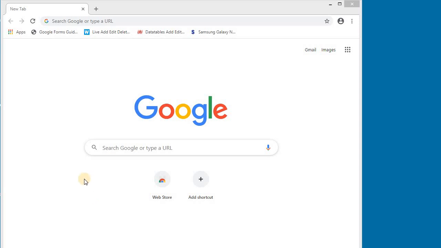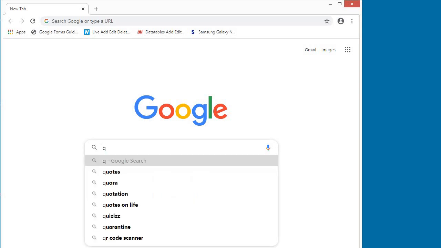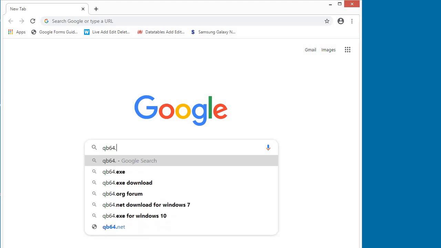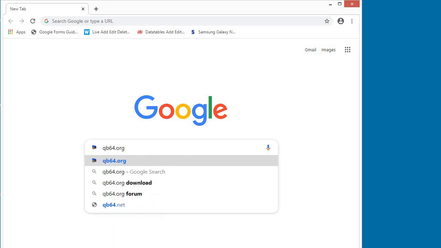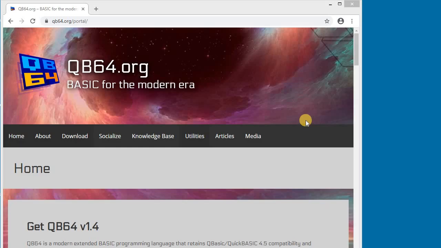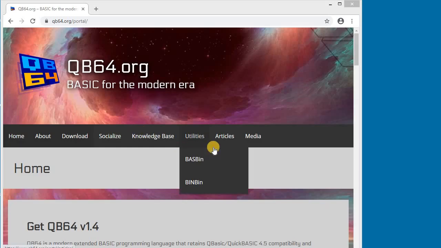After that we will type here qb64.org and press the enter key to search. After pressing the enter key, this screen will open.